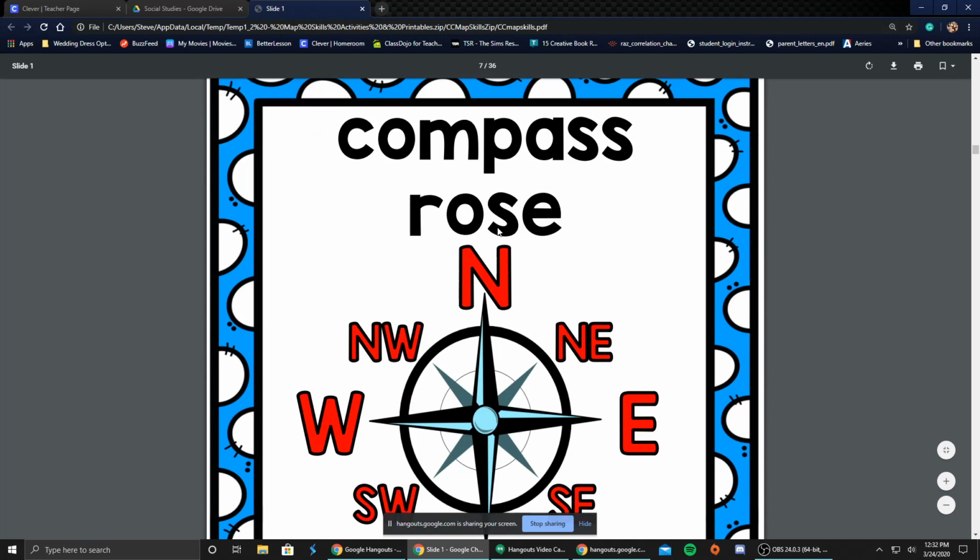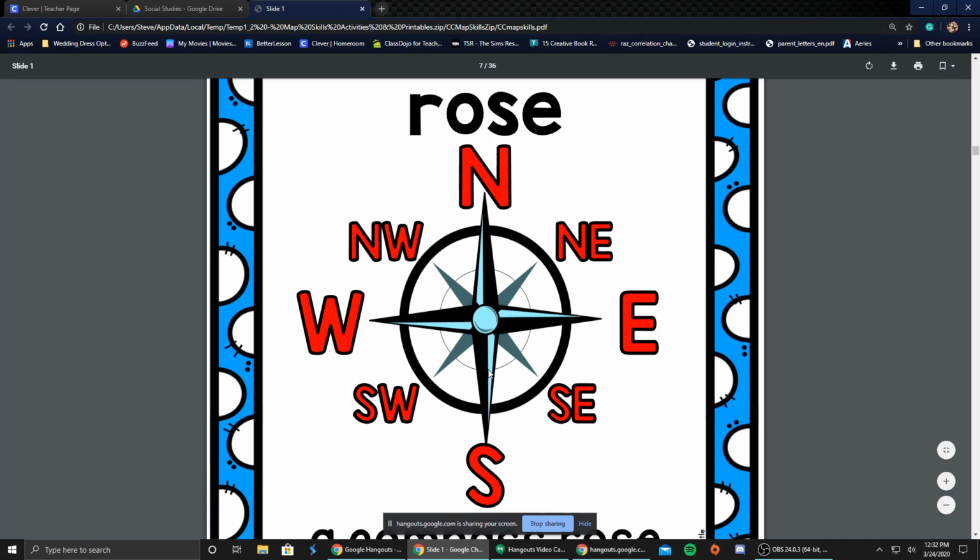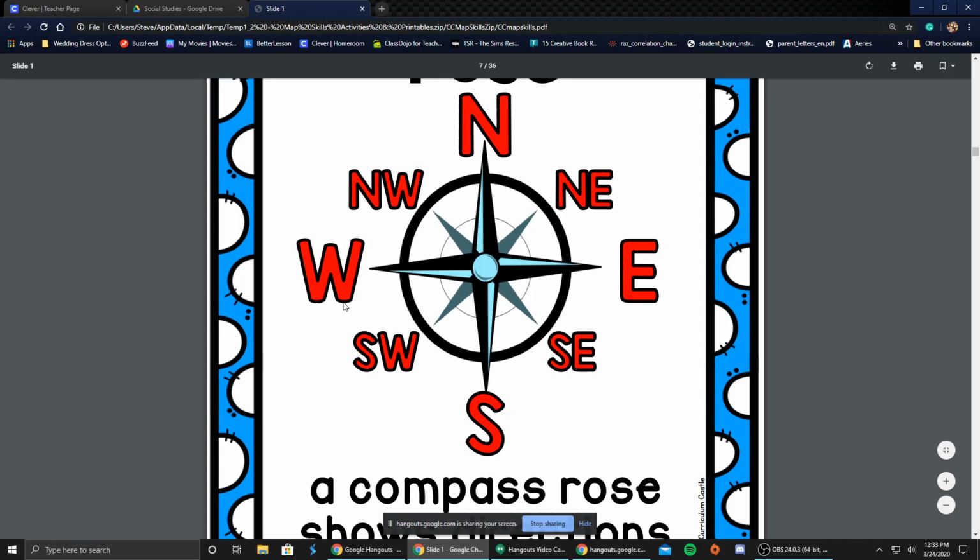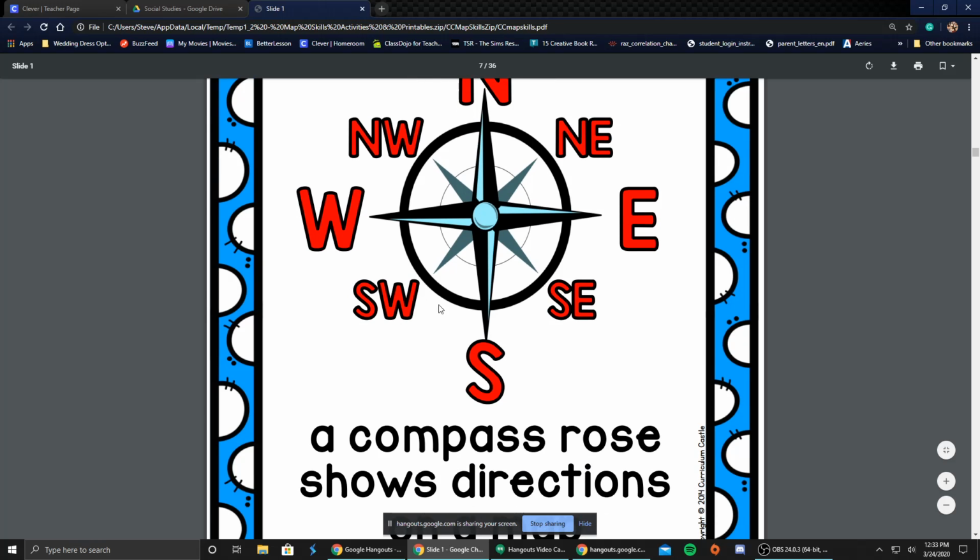Then we have something called a compass rose. So we have north, south, east, and west. And then in between, we've got northeast, southeast, southwest, and we have northwest here. I'm sure you've all seen a compass before at some point, but a compass rose is showing the directions,